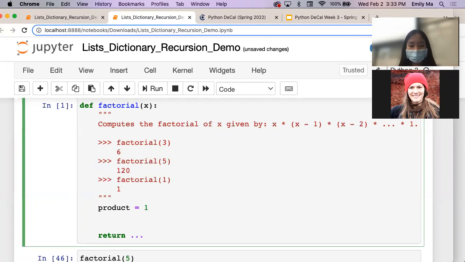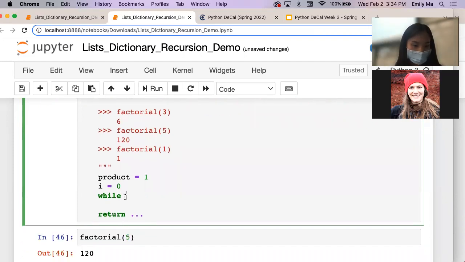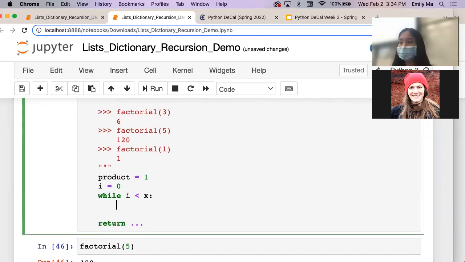And then he also suggested using a while loop and keeping track of while some number is less than the x value that we're passing into our factorial. So we can also initialize a counter for that, and I'll just call it I. Okay, so while I is less than x, we can then start multiplying our product by each value of x in a way, or